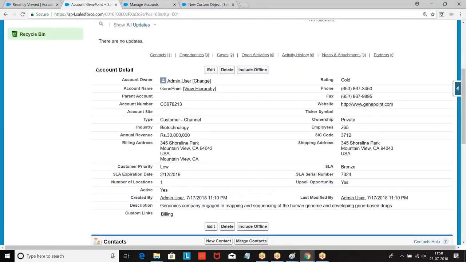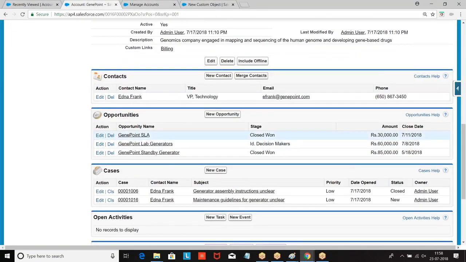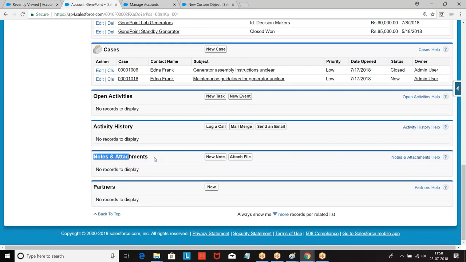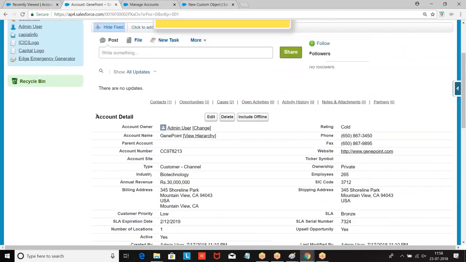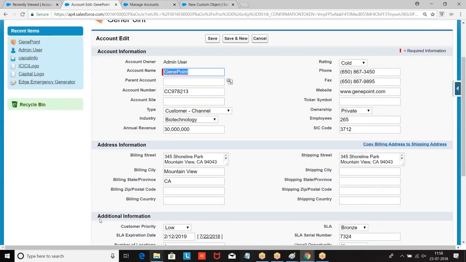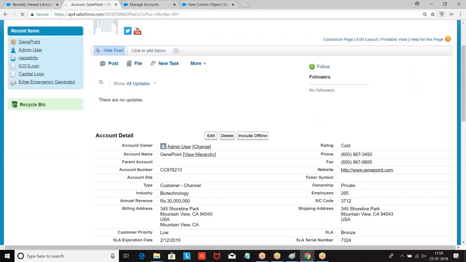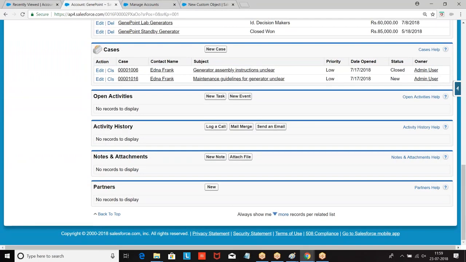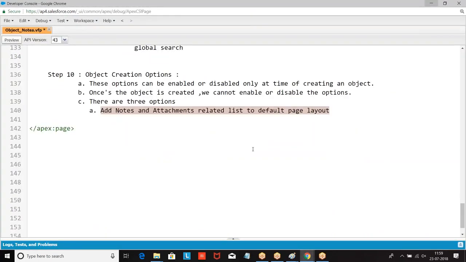Once the record is saved, on the detail page we'll be finding the notes and attachments. After you save the record, it is called the detail page. While you're entering the record, it is called the edit page. What was this page called? Edit page. After saving, what are we getting? Detail page. On the detail page, what are we adding? Notes and attachments. I hope you are clear.